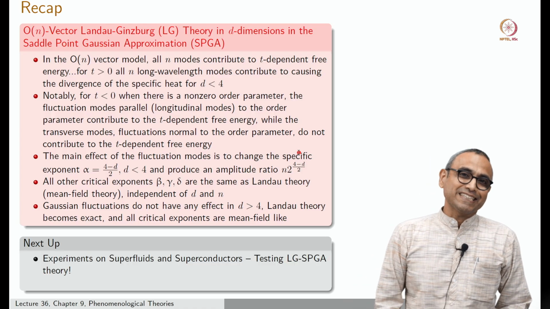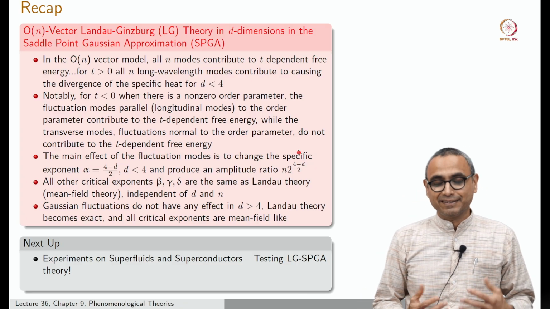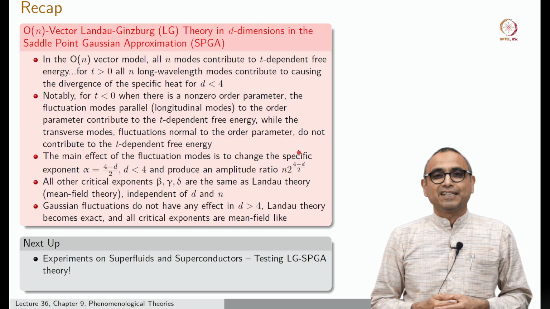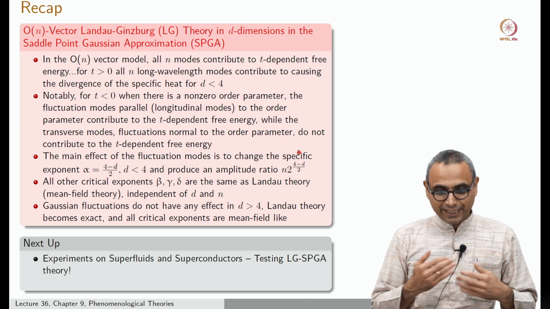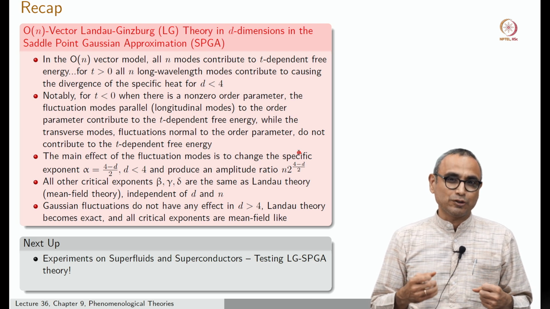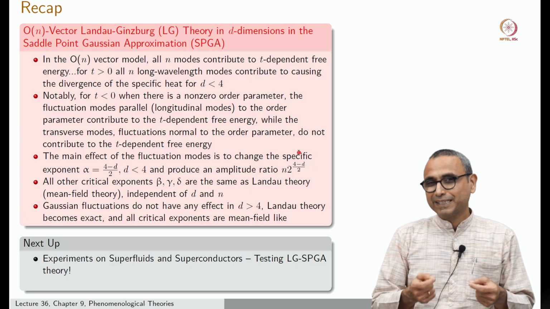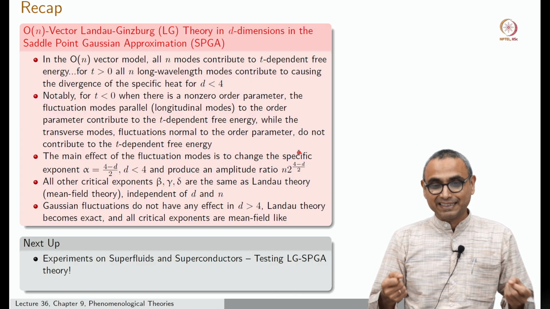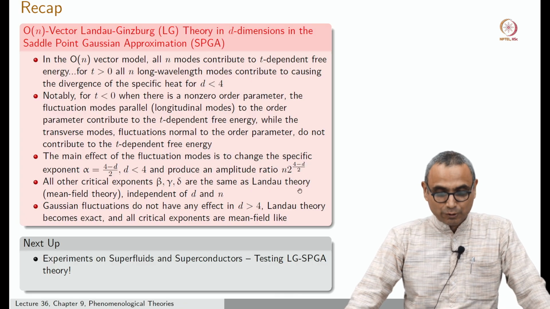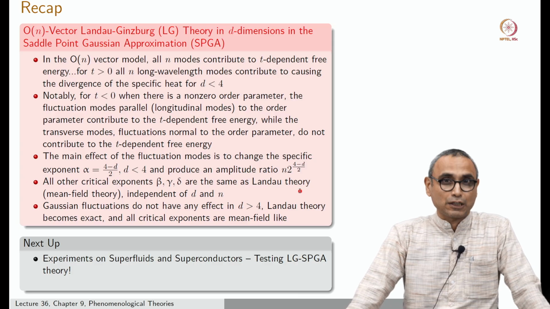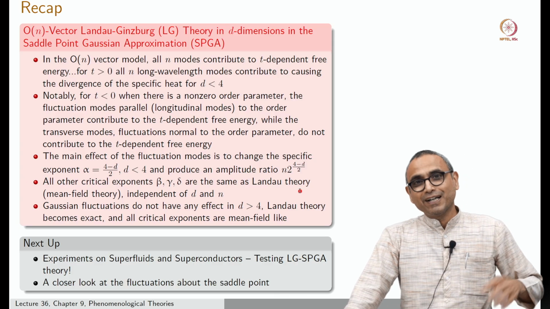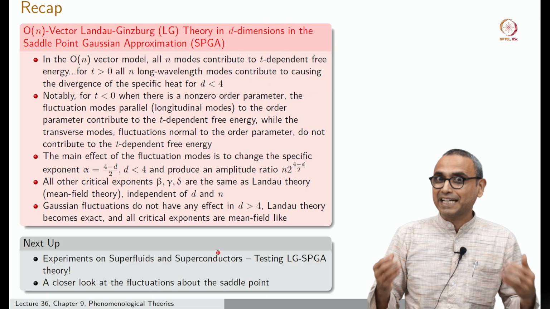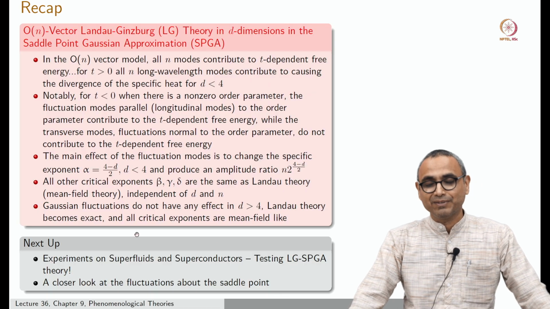And so, what I want to do is motivate some of these ideas by pointing out that you should try to work closely with experiments, taking known experiments, so that you can keep testing theory and experiment, and understand what the limits of your theory are and how you should think about your theory when looking at real systems. So, you will see that today's lecture has a lot of physics content. And what we will do next is look at the fluctuations near the saddle point, and understand more about these fluctuations that we have introduced in the last lecture.